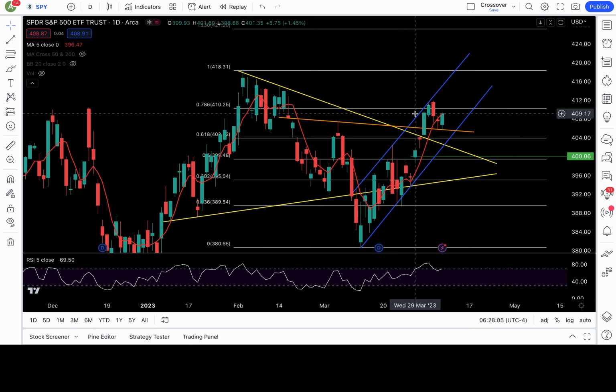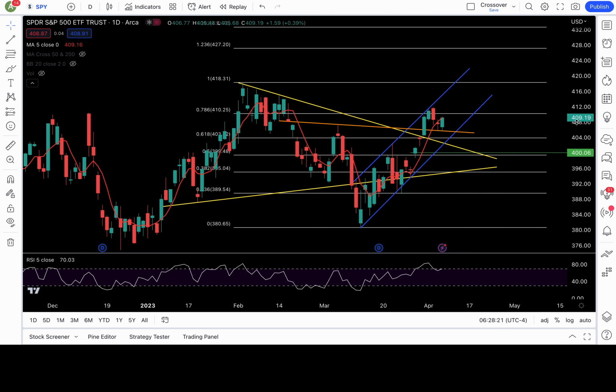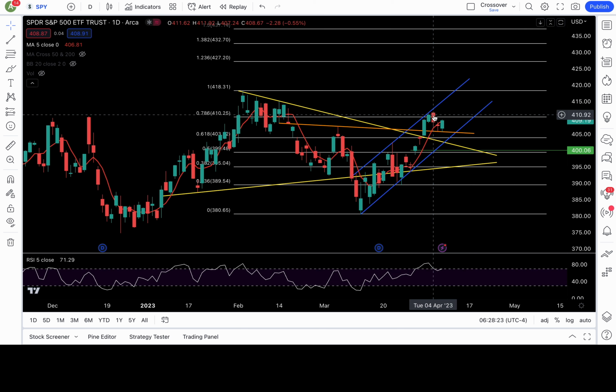Loss of this level is what triggered the pullback. All right, but if we can clear it and recapture, it's a good sign that the pullback is over, or maybe we'll go test the previous high, which is around the 411.5 to 412 zone. Okay, but if we do take out that previous high from Tuesday, there's a very good chance we go back and test the top of the rising channel, which resistance for Monday will now be around 416-ish. Okay? So above 410.25, in my opinion, I would look to long. That would be pretty bullish.